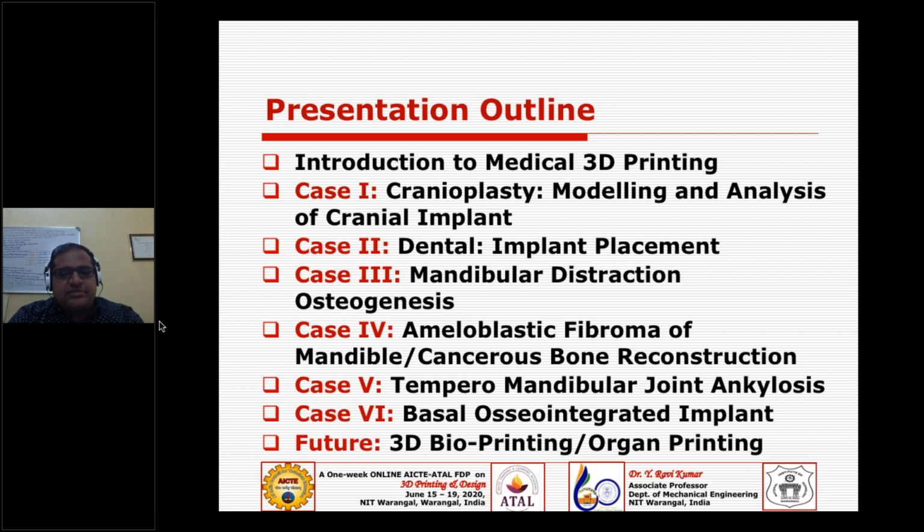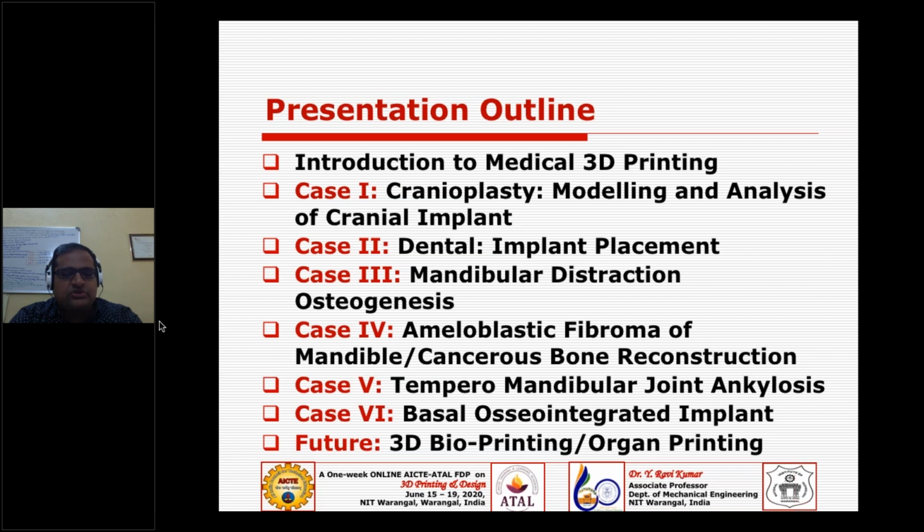The third case, mandibular distraction osteogenesis, is one of the recent methodologies to reconstruct bones, or to set right the kind of problems that we will discuss. Each case will have different reasons: by birth, maybe due to cancer, or maybe due to accidents. You may have a trauma case, or a case by birth, with several possible reasons.